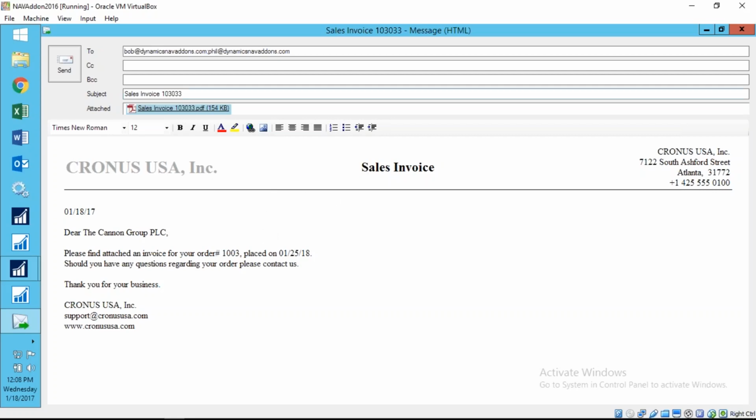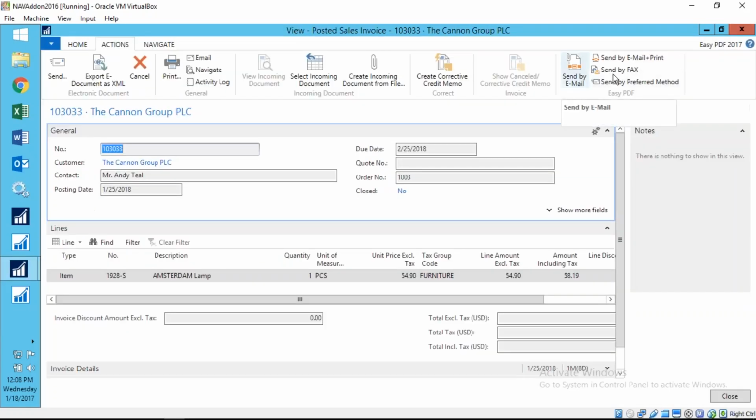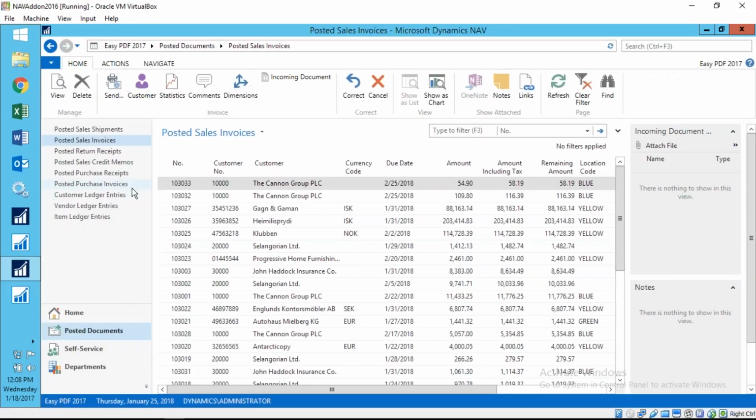So this functionality, this send by email, send by fax, is available on some 23 different documents. All of the sales documents, sales quote, sales order, all of the purchasing documents, service documents, some of the financial documents are all available. They all have this link. So let's take a quick look if we go over to the purchase side of things,